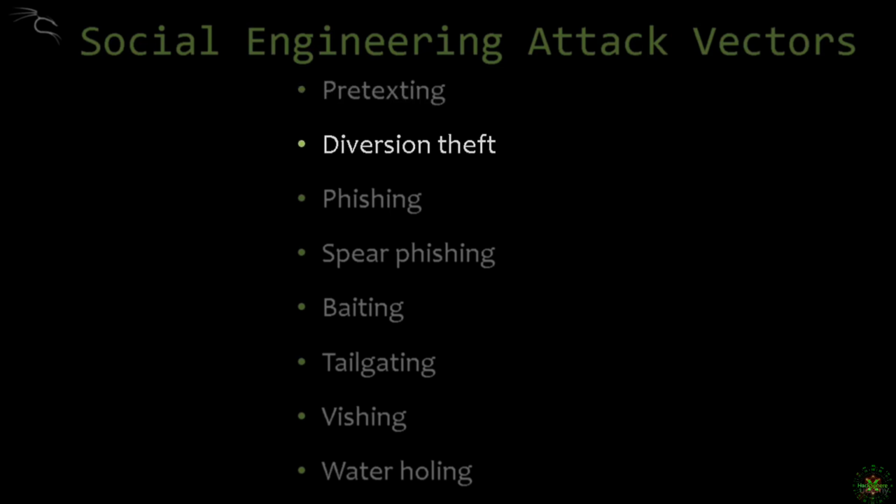Another attack vector is diversion theft. It's actually used with courier guys or transport companies, where you persuade them to deliver, for example, the shipment elsewhere, or not necessarily with the courier guys. For example, if you're going to a bank to deposit your money in an ATM machine, and some guys lure you by saying, okay, the ATM machine is currently out of order, you can just deposit your money in this, for example, a van related to a bank or a certain kiosk related to a bank. So it's actually diverting the attention or the actual action that needs to be performed by the victim.